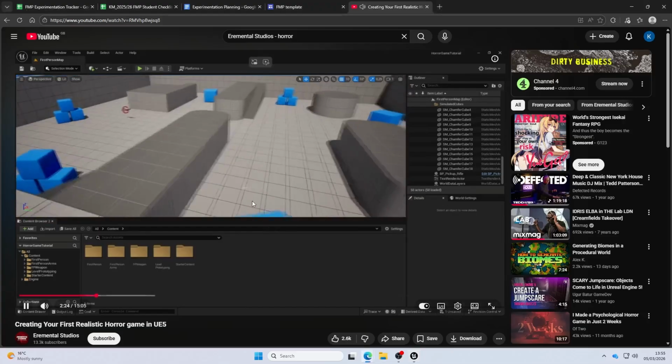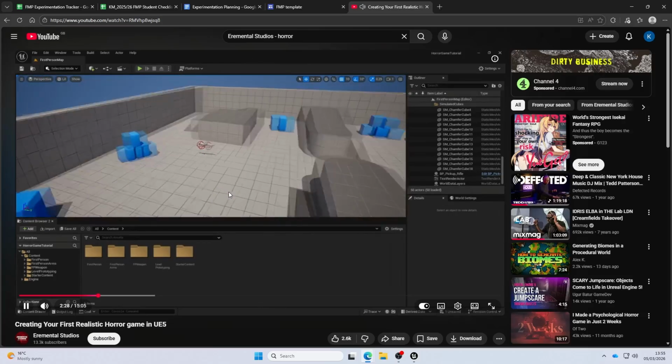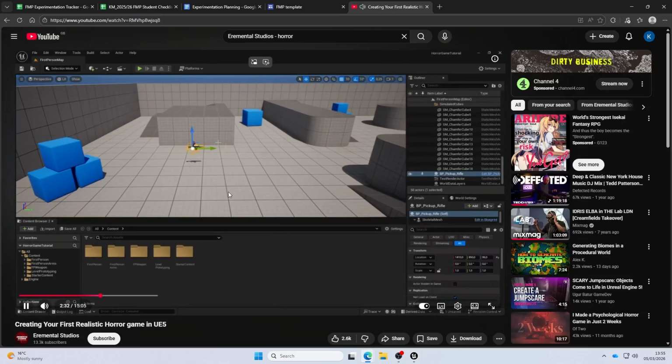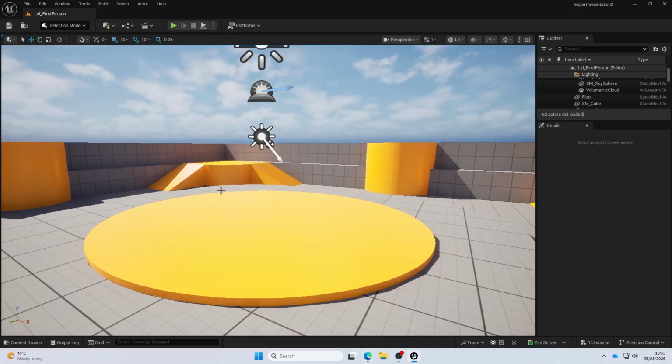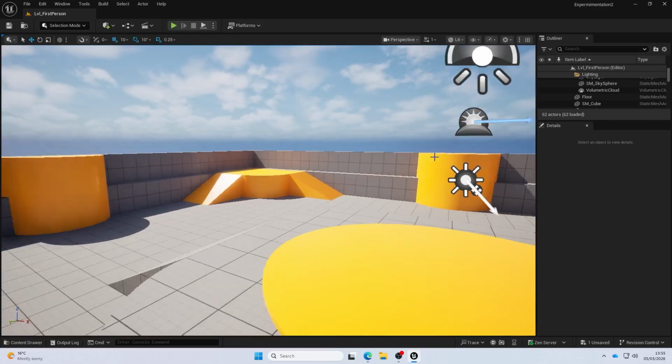So if you play the game over here, the player will spawn right here, but we don't want that right now, at least. Then we can just delete this gun because we don't need it, so just delete that. And then if we try to play, you can see